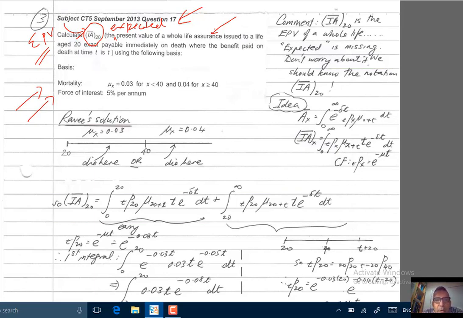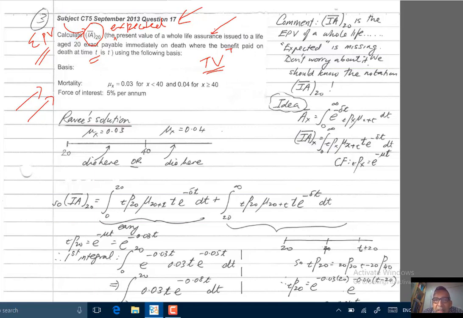Let's talk about the main ideas, how to go about finding a solution to this question. I'm not going to do the nitty-gritties like the integration by parts and so on, that you can do yourself, but let's talk about the main ideas. Now, the benefit paid on death at time t is t. So we have a benefit of t, and we are going to bring it back. So let's write, now this is your present value random variable. I repeat, this is your present value random variable for this policy,